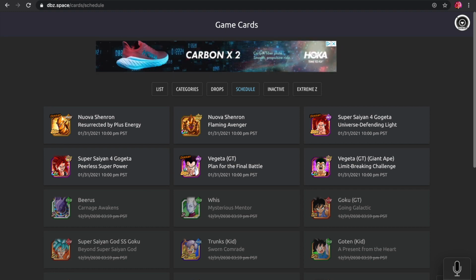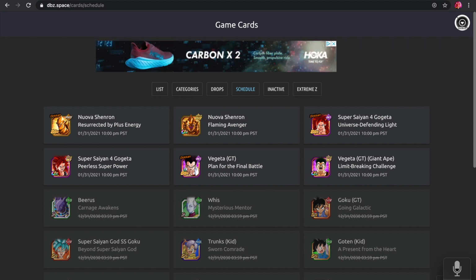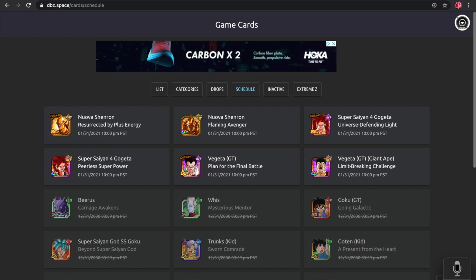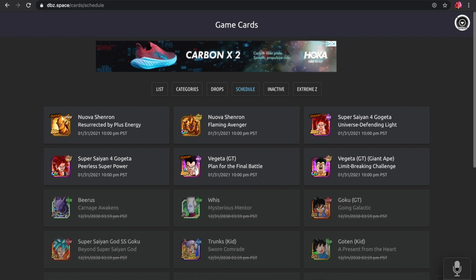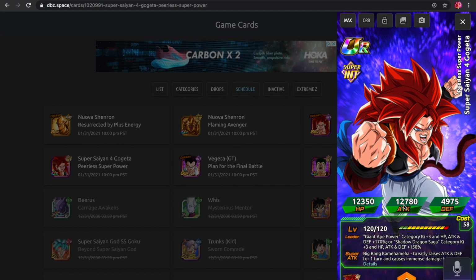Alrighty guys, so Gogeta releases on the 31st, which is today at 10 p.m. Pacific Standard Time. Now what I wanted to do is discuss whether or not it is worth it to summon for Gogeta. So, if we want to just take a quick recap on Gogeta, he leads the Giant 8 Power